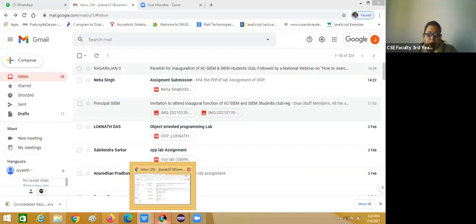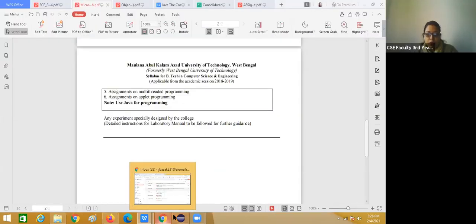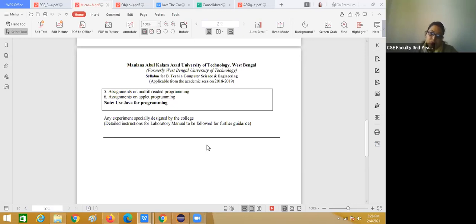And which one is much more efficient to use in coding, multi-threading or multitasking? Anyone tell me what the concept of multitasking is and what multi-threading is here.